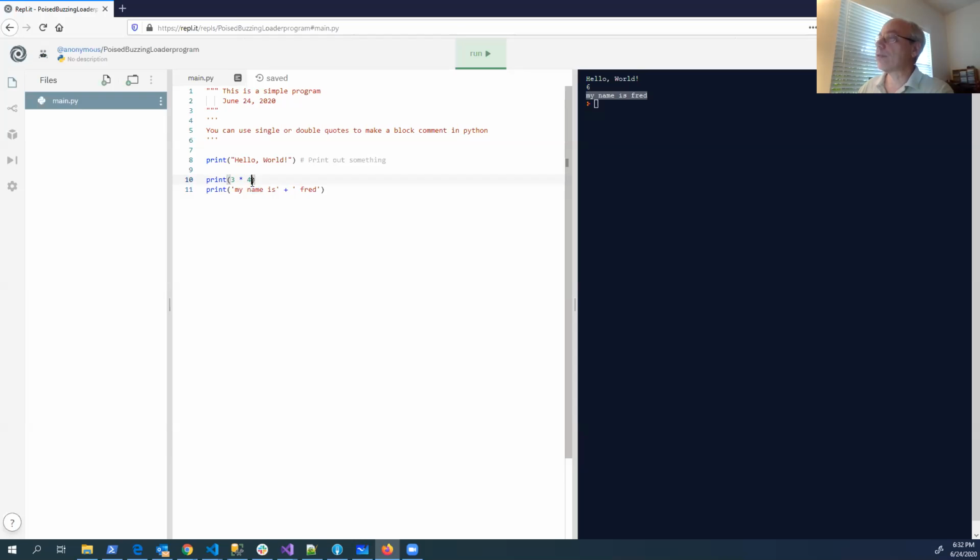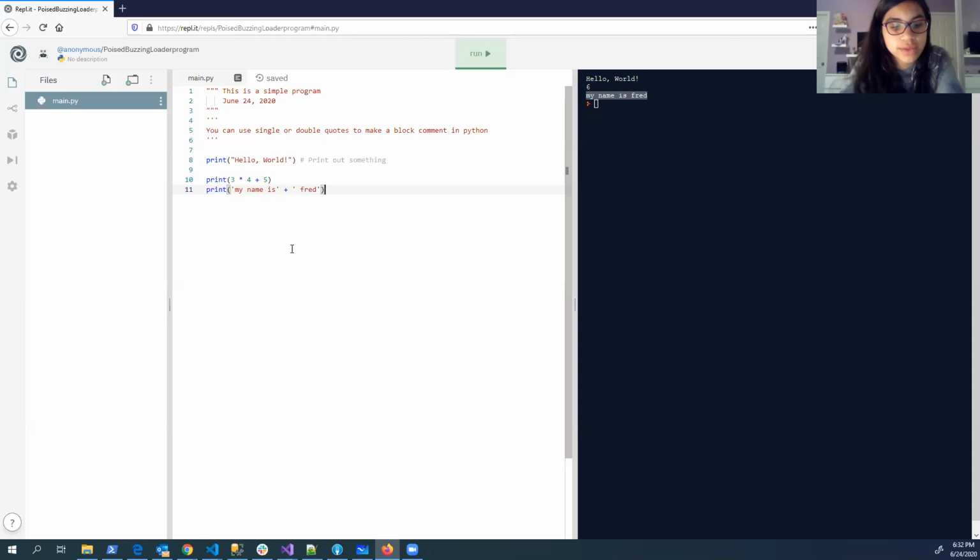We can have more operators and more values. So we could have 3 times 4 plus 5. What will that equal? 17.